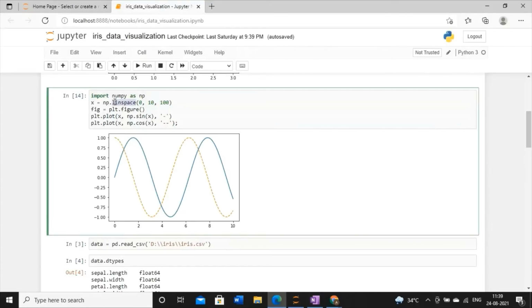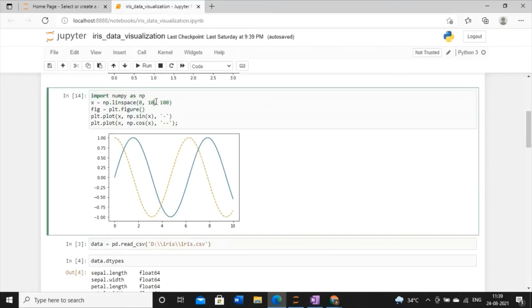Since we are dealing with plotting today, we also have to understand the meaning of this linspace function. Basically, this linspace function returns evenly spaced numbers over a specified interval. Whenever you want to draw something in a specific interval, where equal or uniformly spaced numbers will be plotted, then you have to use linspace.